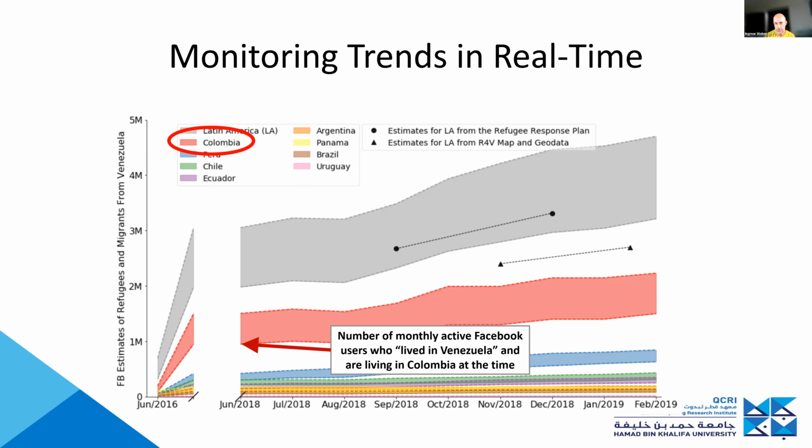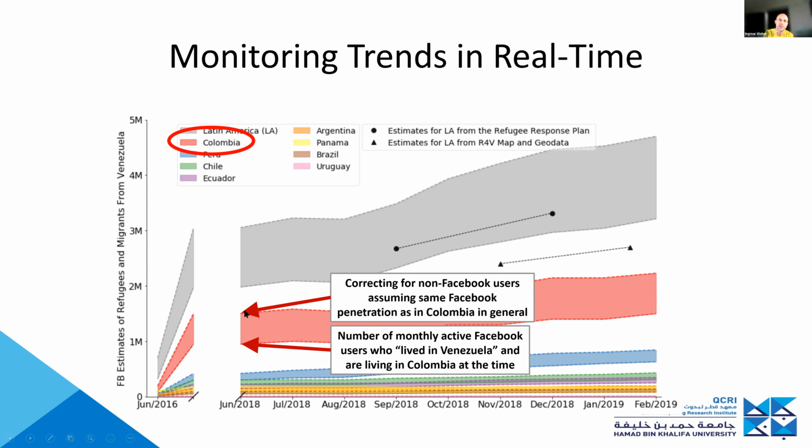That we don't know, but we make the assumption that the penetration is the same as among all people in Colombia. So we look at the total population of Colombia and the total number of Facebook users. Let's say it's 60% Facebook penetration. We're now adding the missing 40% on top. This then gives us an estimate of the total number of Venezuelan migrants who at that point were living in Colombia. And then we collect this data across different locations and over time.